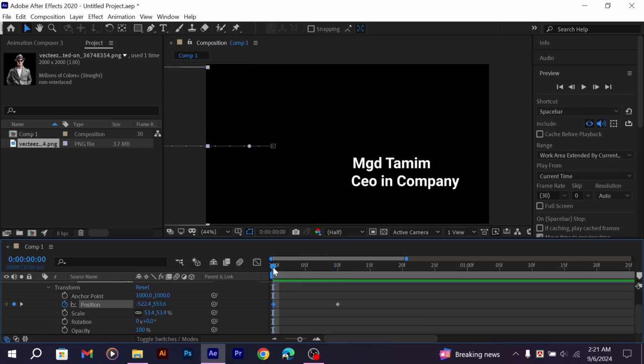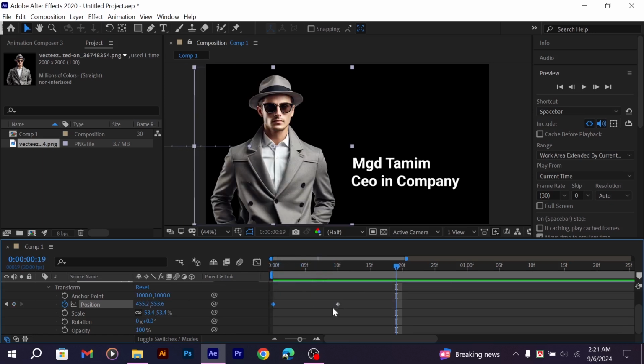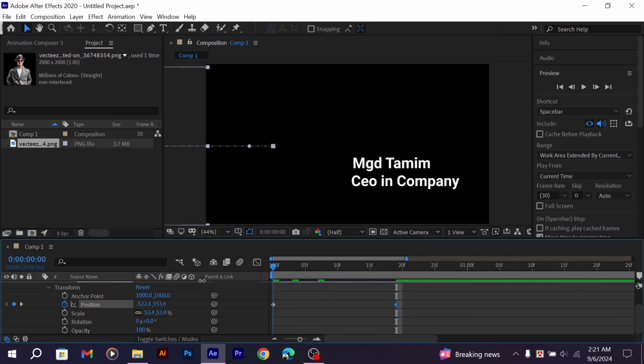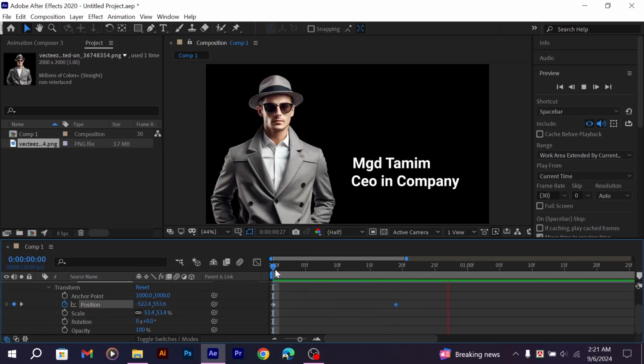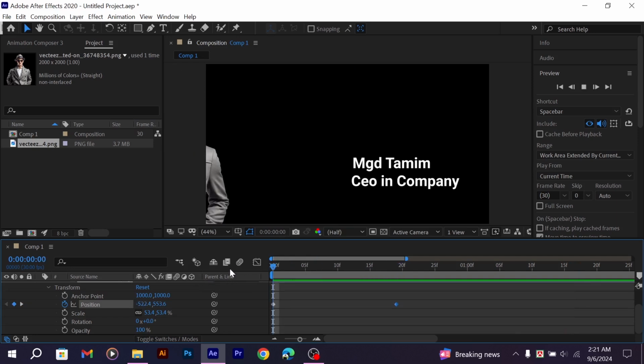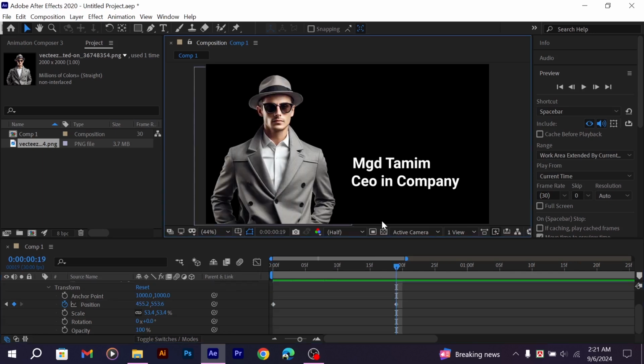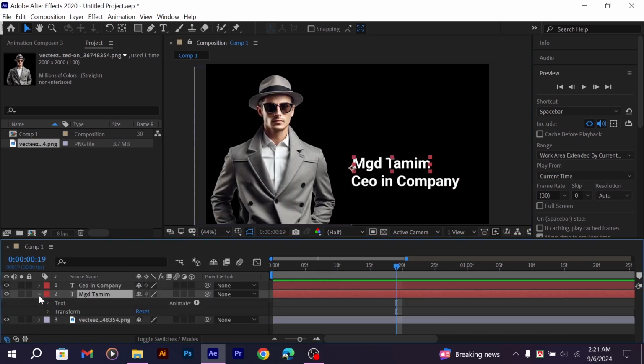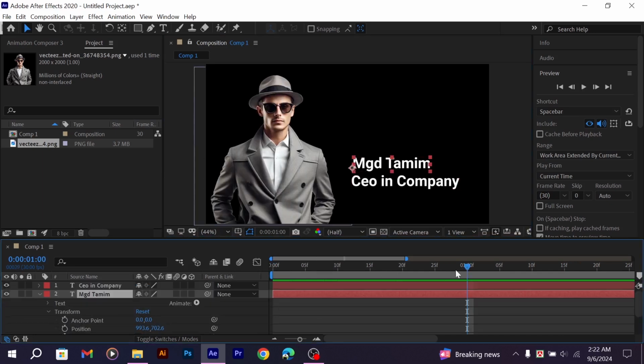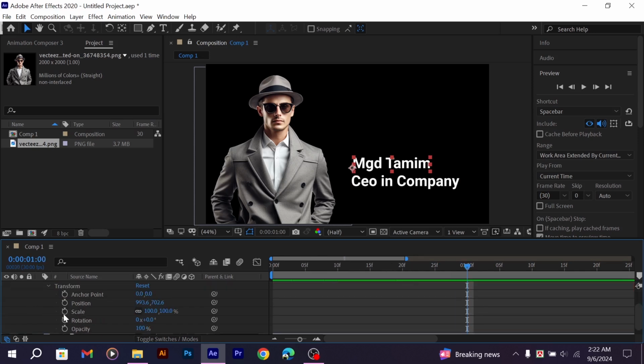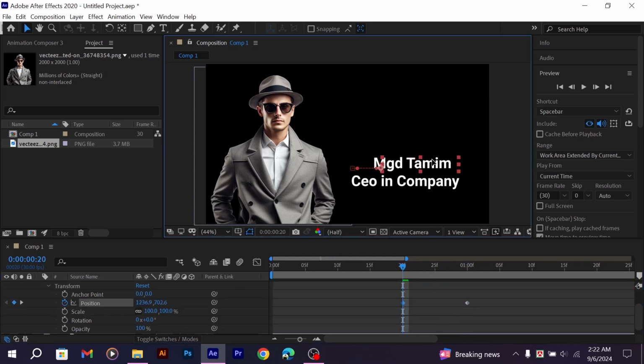To slow the movement of the image, I go to 20 frames and set the keyframe there. Now you can see the image is a little bit slower. Now it's fine. Now I animate the text. Click on the arrow, go to transform. I go to 30 frames, I mean one second. There set the position. Come to the starting point and drag the text